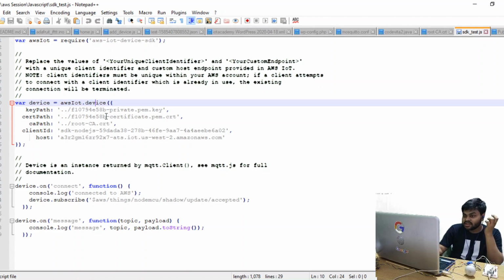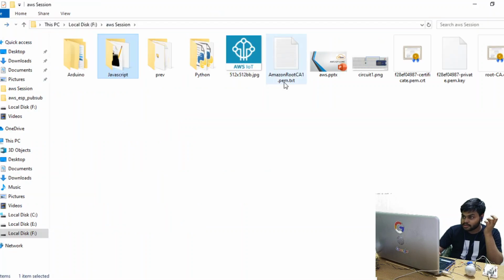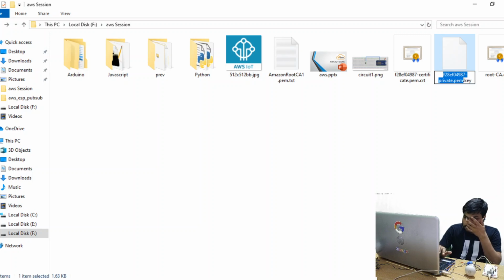And we can see here we have basically put the path with double dot, that is the previous directory, and this path is for the private key path. Okay, so let's copy the private key path. We have created the new one, so I need to change the sketch so that it can behave in the right manner. Okay, so this is the certificate, this is the private key. Simply rename it, or not rename it. You can rename it, but it's not necessary. It's up to you how you are using it.